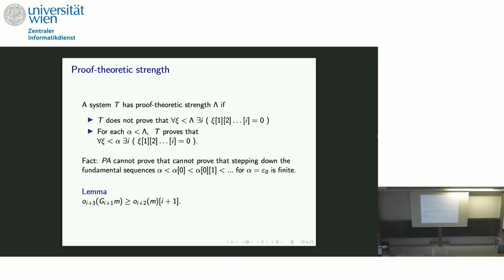And for PA, for example, in this case, I didn't use anything about PA except its proof-theoretic ordinal epsilon zero, since it's the ordinals below epsilon zero that I'm using to do the mapping. And the fact is that PA itself cannot prove that stepping down the fundamental sequences for epsilon zero is finite. So this is exactly the proof-theoretic ingredient that I use to show independence using this lemma, which in our example